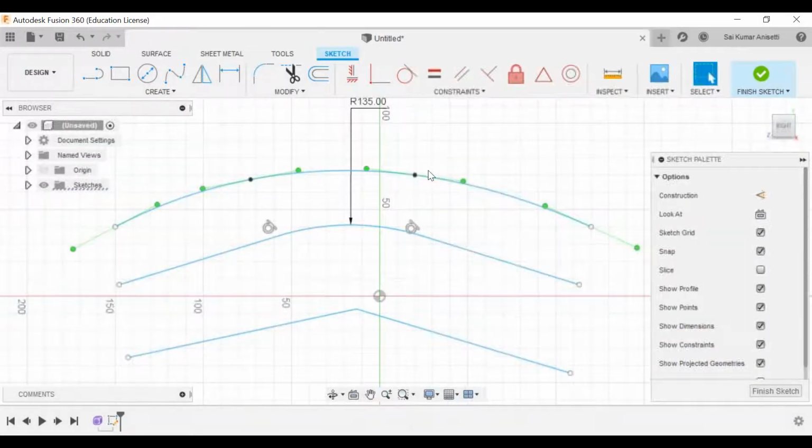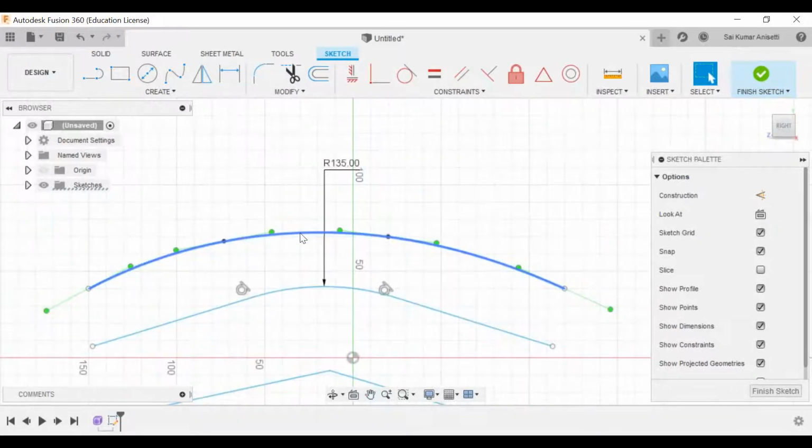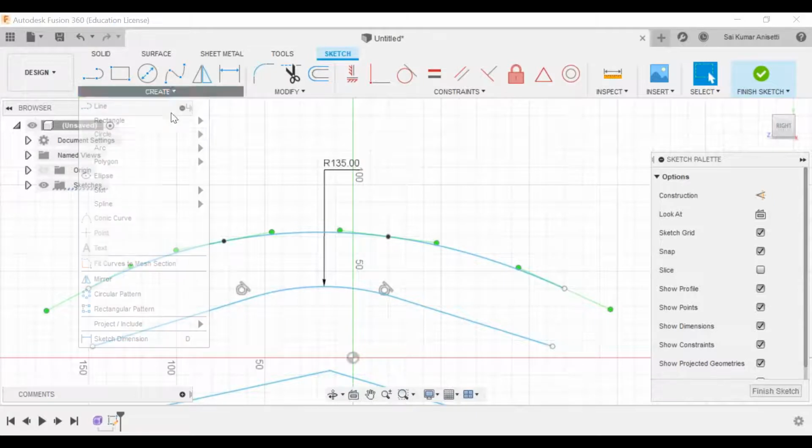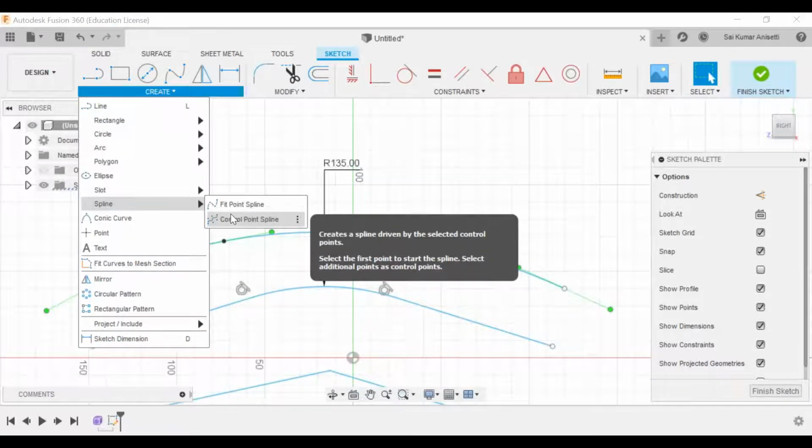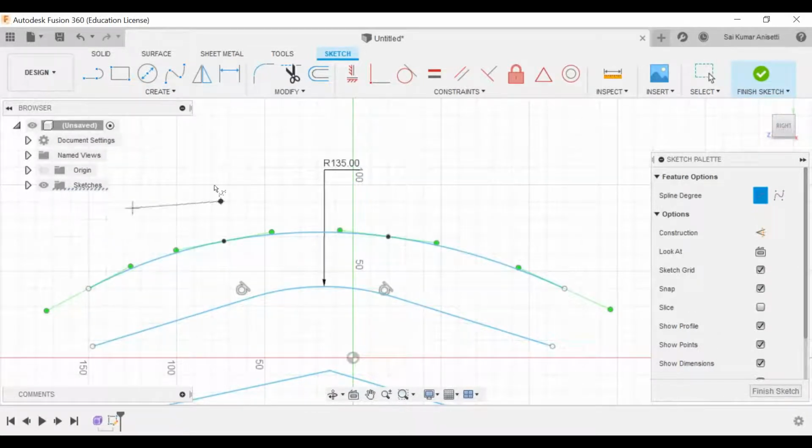Now you have different types of splines in your theoretical subject. This is interpolation, and you have approximation. These are called approximation curves.